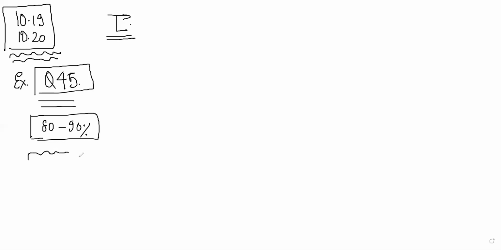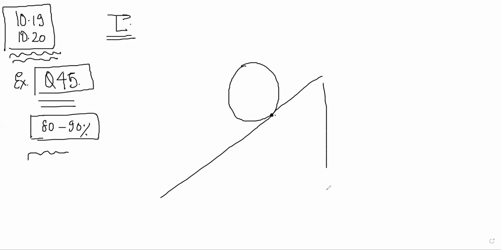I had one doubt in the rolling part. If there's a sphere on an inclined plane, for pure rolling, the velocity of the bottommost point of the sphere should be equal to zero. No, if the plane is also moving with some velocity, then it should be equal to whatever is the velocity of the plane. So if the plane is going this side or something, then there is a component of velocity of this point. This velocity v has a component like this.